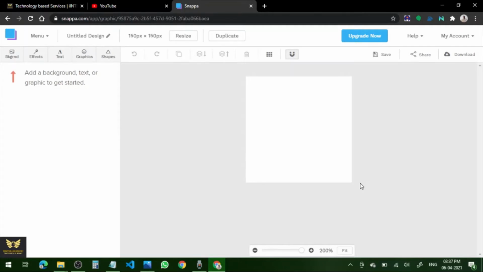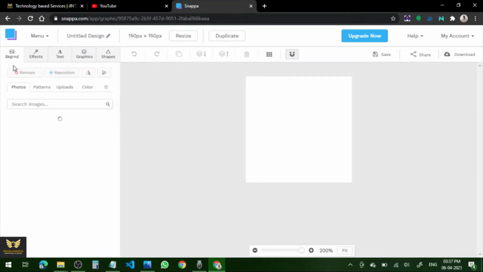Now you can add a background, text or graphic to get started. That is the background, as the arrow mark shows. You can change the background image. Either you can change the background as an image or a background color, anything you can change.